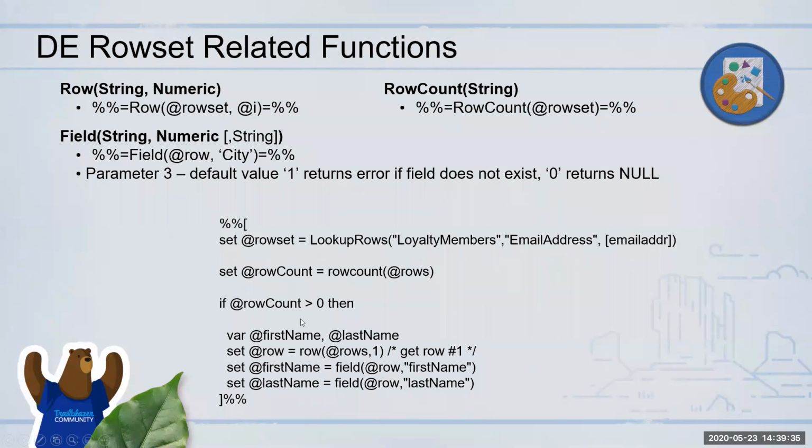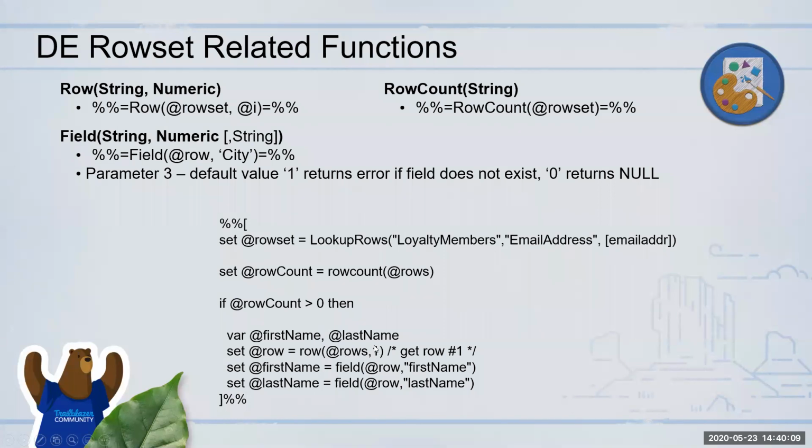So if you look at here, a very simple example, I am trying to get the different rows from the loyalty members table where email address matches. I might have more than one row which has this email address value. Let's say I got three rows. Here I am not using a for loop, so as long as you have some value, I'm saying retrieve the first row. The first row is going to be stored in row.